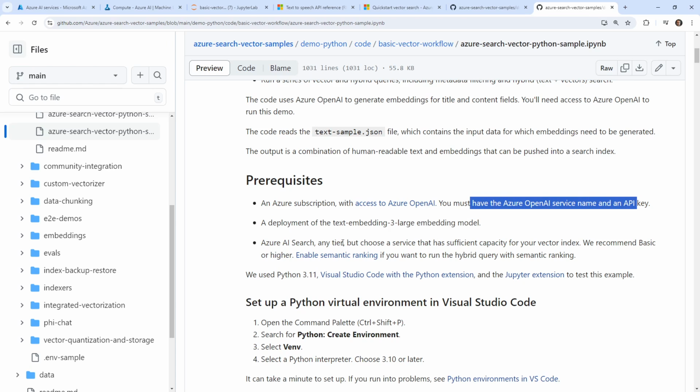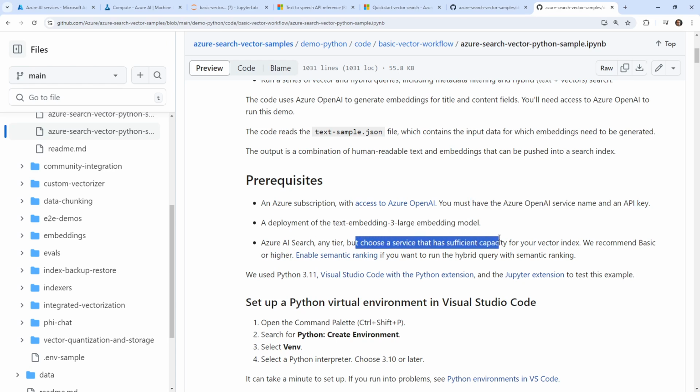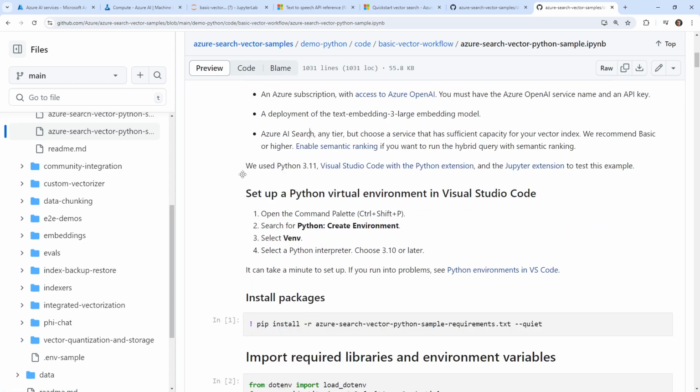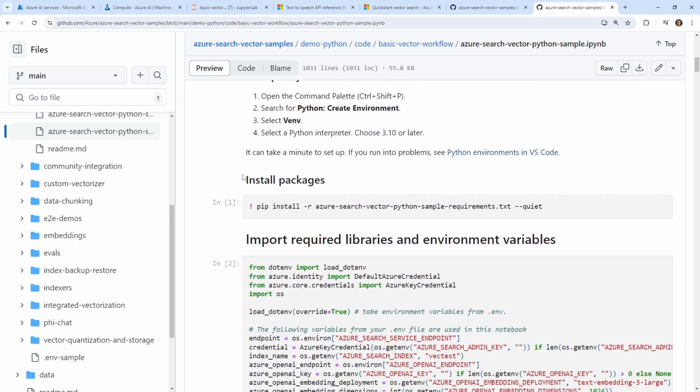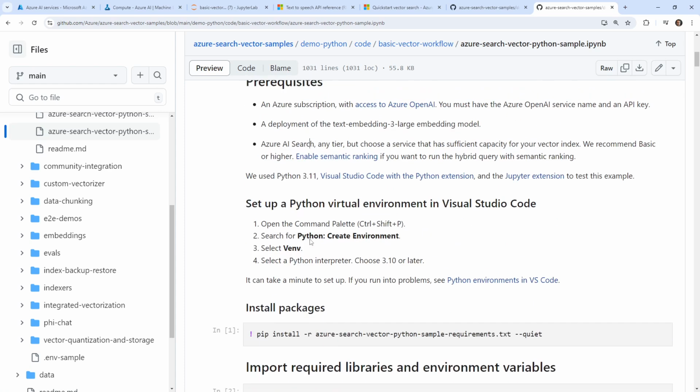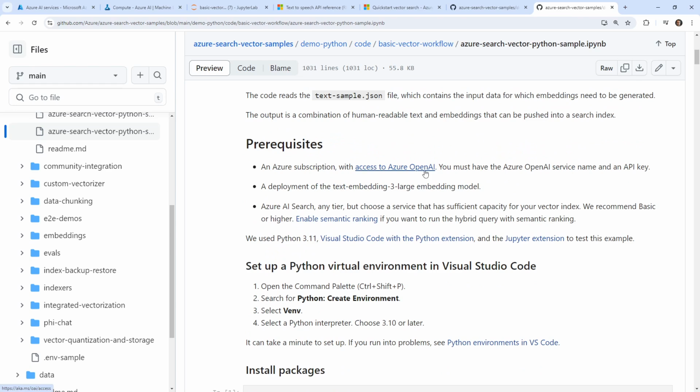Azure AI Search any tier, but choose a service that has sufficient capacity for your vector index. We recommend basic or higher. Okay, so I'm just thinking about this here for a second. It seems like we're going to need Azure OpenAI, and we're also going to need to have the embedding model